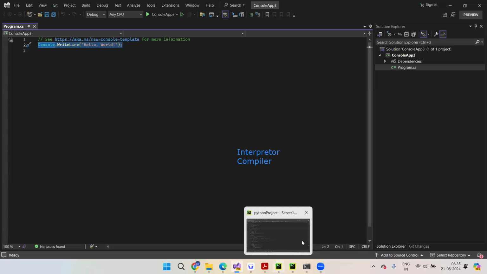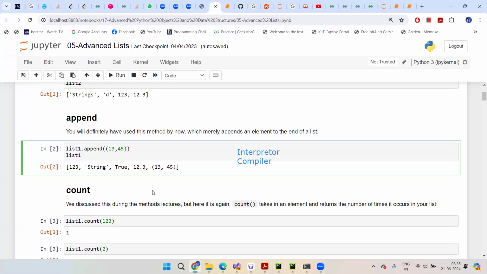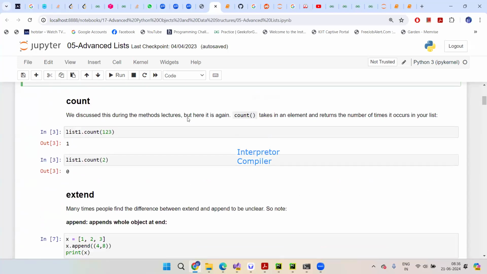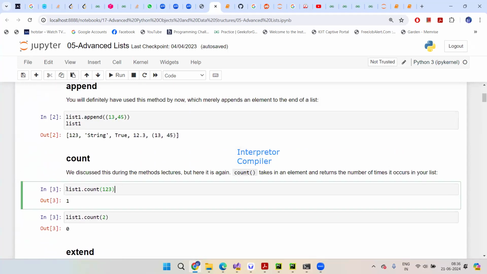Similarly, if you have Jupyter notebook, so this is a Jupyter notebook, correct? In this Jupyter notebook, you can see I'm able to write code in a cell. This cell is containing my code. Now, when I run this code, ultimately this code will be given to the interpreter or a compiler in order to get it converted.